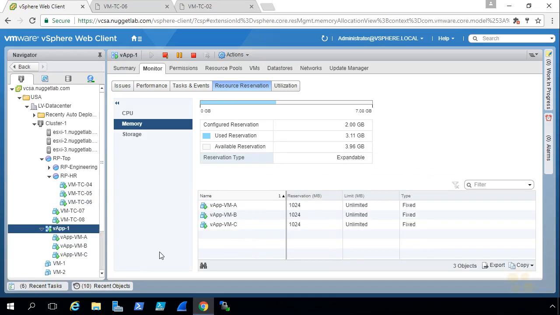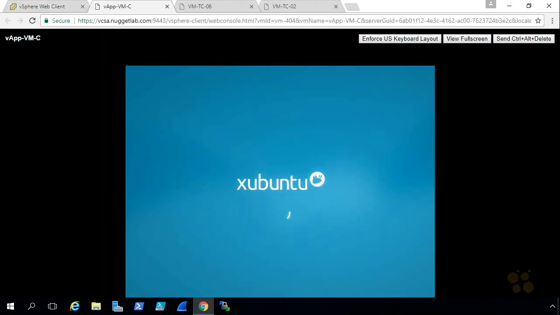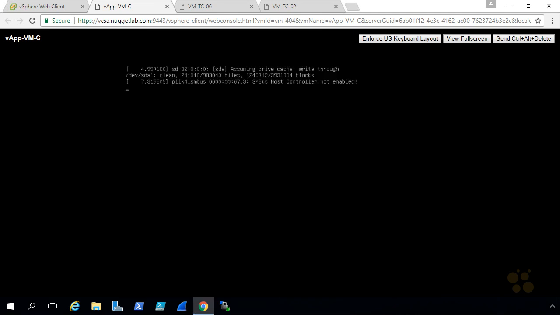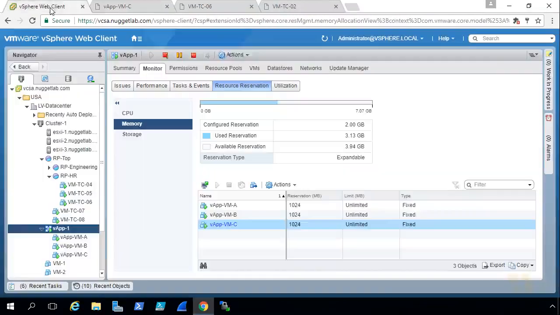tasks. And if we want to go take a look at one of those VMs, we can simply select one of the VMs, by highlighting that row and then clicking on the shortcut to open a virtual machine console over to that VM. So we'll do that for VM-C, and there is VM-C booting up. So here is our VM-C as part of our vApp,